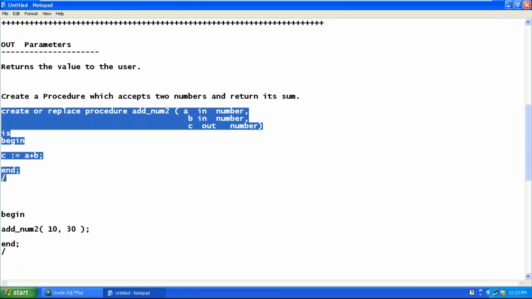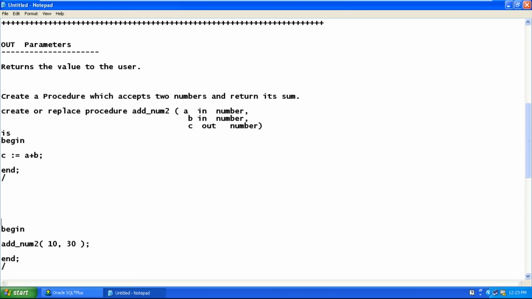The procedure is created. In this example, the procedure is accepting how many values? 2 values. And how many values is it returning? 1 value. So if you invoke it using 10 and 30, the value of C becomes 40. 40 is returned. When a value is returned, we need a variable to catch it. Are you understanding? Those variables we should declare here: n followed by NUMBER.